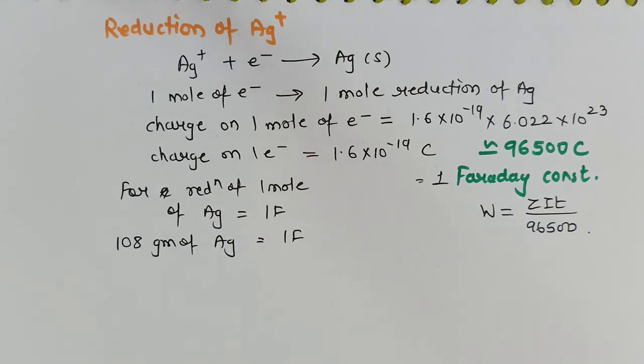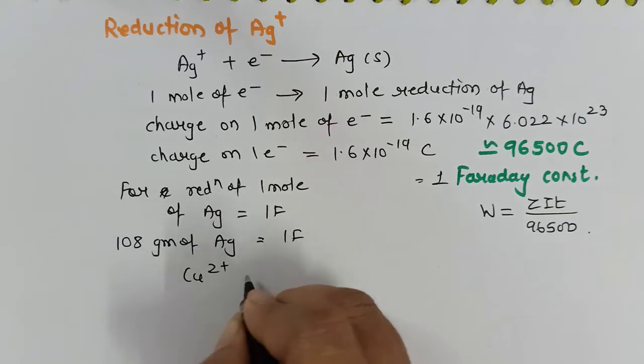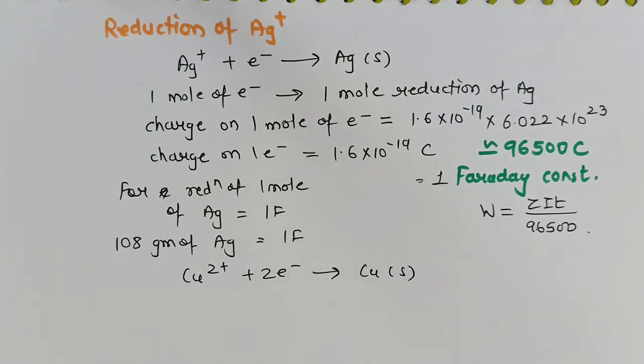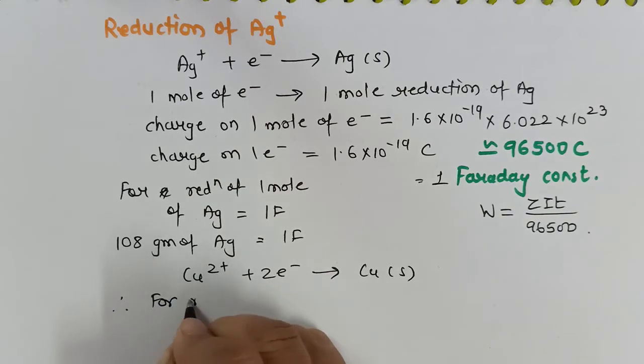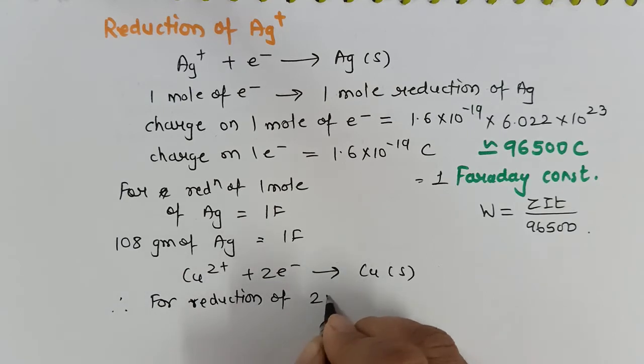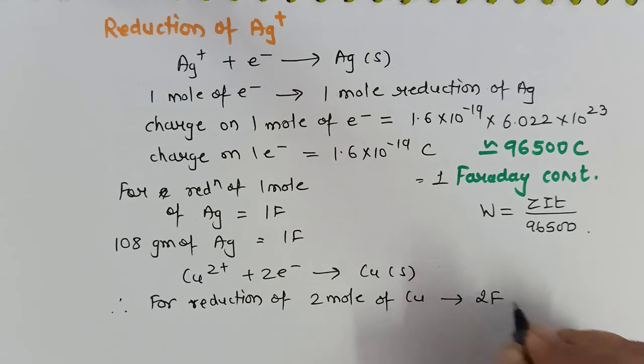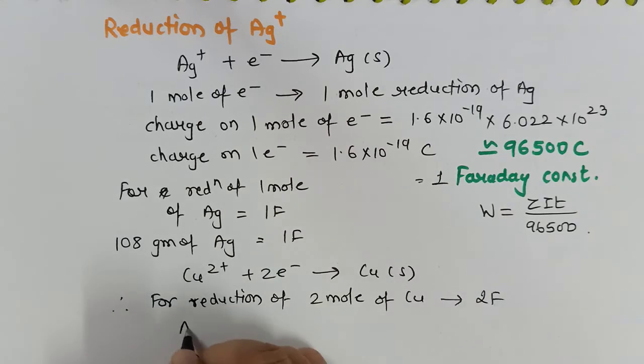Let us have one more example. The reduction of copper. Copper requires 2 electrons for its reduction. Therefore, I will say for reduction of 2 mole of copper, we require 2 Faraday. Similarly, for aluminium,